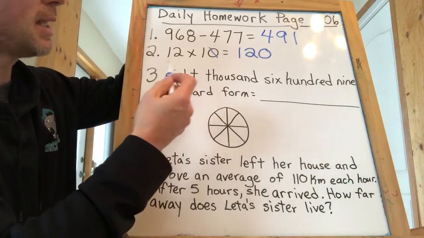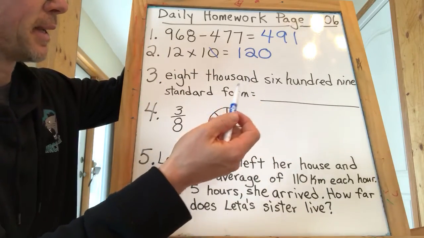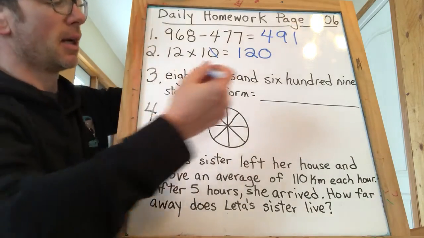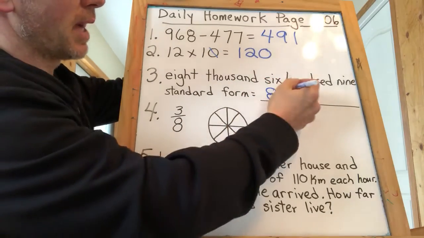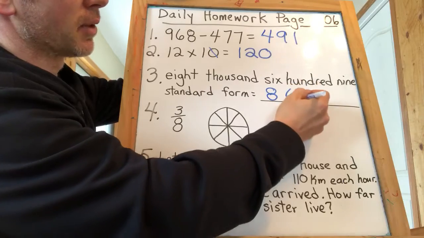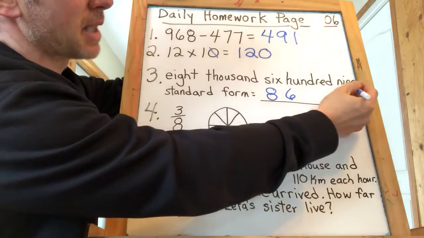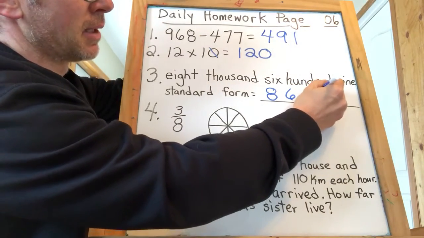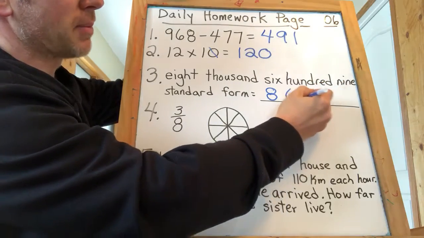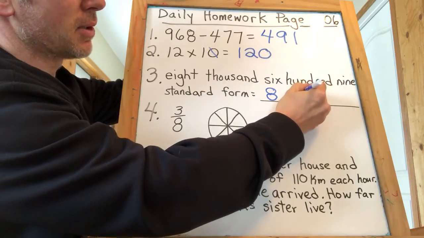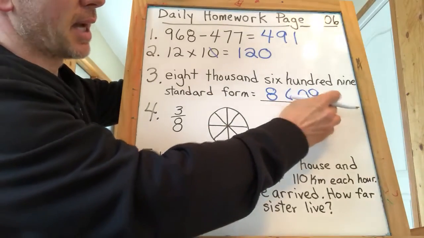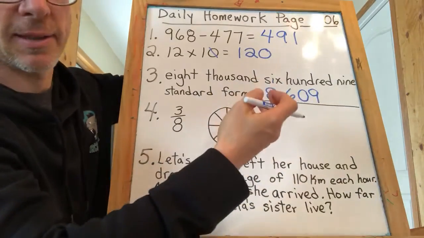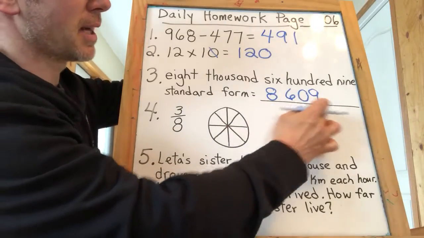Our next question was 8,609. So the standard form of that, we would start with this thousands place, that's 8,000. And then we have 600. Now the place this gets a little bit tricky is that it has 9. Now the 9 is in the ones place. We have to make sure that we fill in a 0 in the tens place so that our place value still makes sense in the end. So 8,609 is